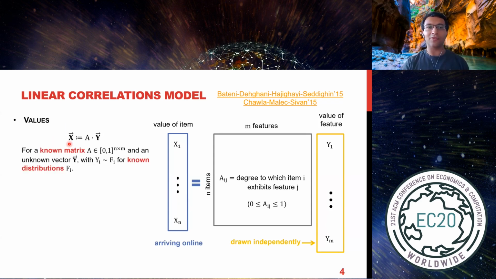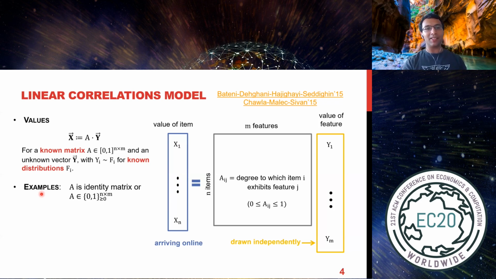So the model is that this vector x is nothing but some known matrix A times vector y. The crucial thing is that this matrix A is known, and the distribution of y is also known and independent. So from known distributions, your algorithm gets to see x1 to xn. It never gets to see y1 to yn. It only sees them indirectly via x1 to xn. As soon as you see xi, you have to immediately decide whether you're taking it or not, and you can only take one of the options.